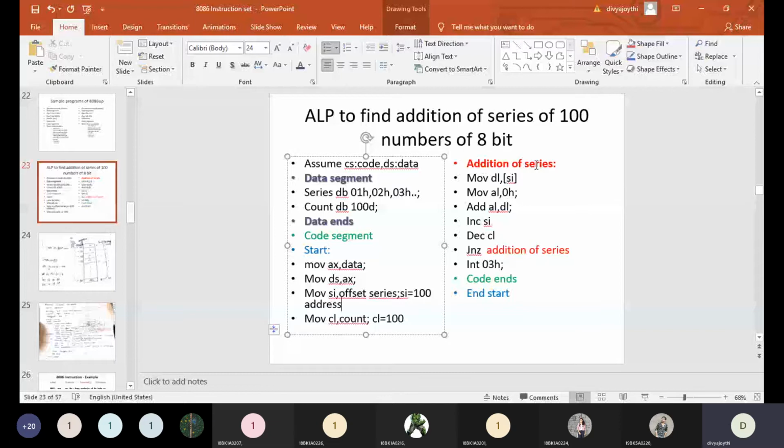100. So here what I'm doing: move DL comma content of SI. See here, this particular statement will move the address of series to SI. So now SI is having an address of 100. So what is this statement saying? This statement is saying that move